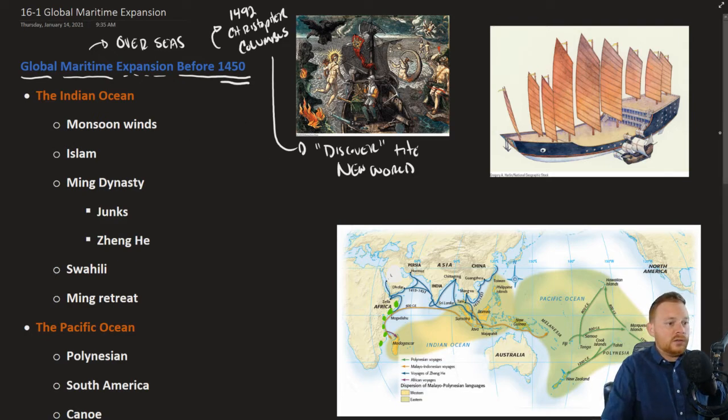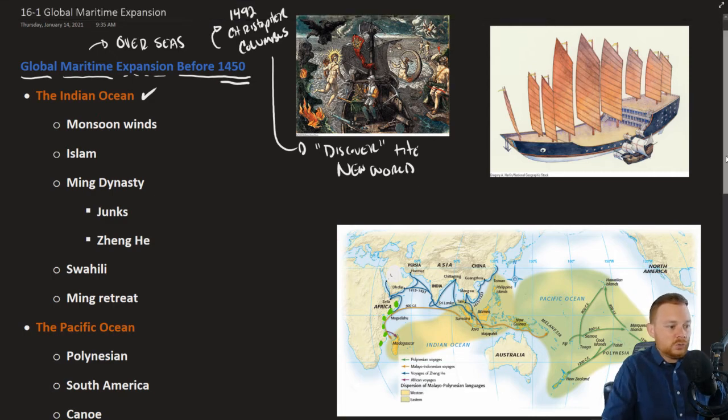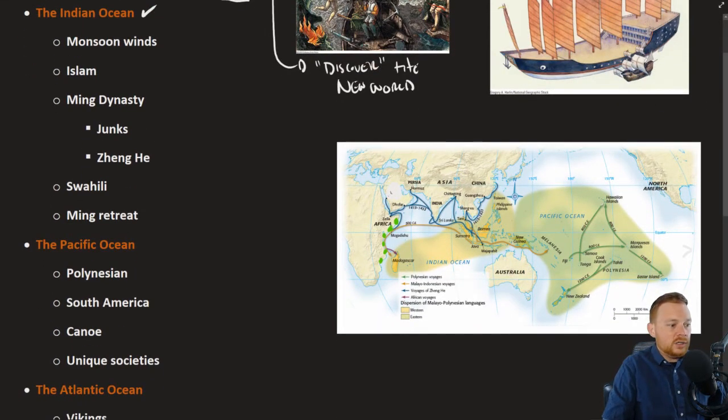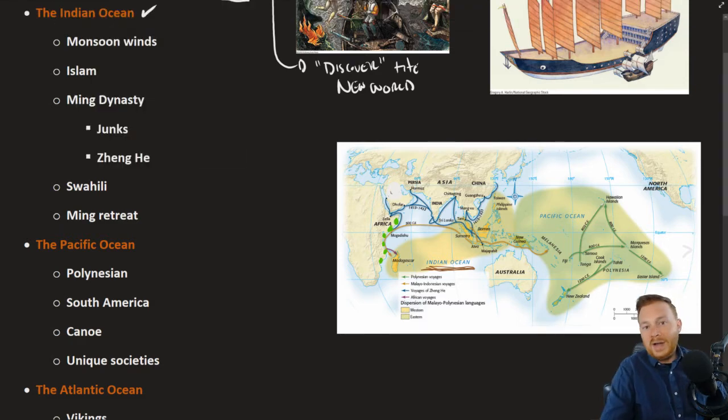We're going to look at the various geographical areas, that is, how do people explore various oceans, beginning with the Indian Ocean. If you're not entirely familiar with the geographic location of the Indian Ocean, we'll go down to this map here. The Indian Ocean is this body of water right here. So anything kind of going on in this area is more or less what we're referring to. Now, the Indian Ocean up until 1450 was probably the most traveled sea network or maritime network in the world.